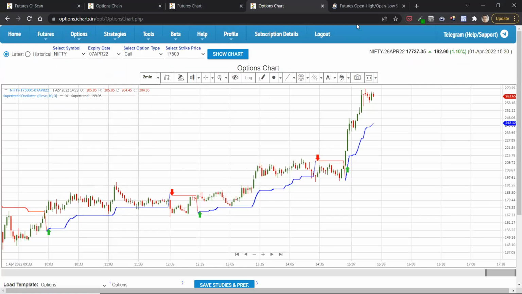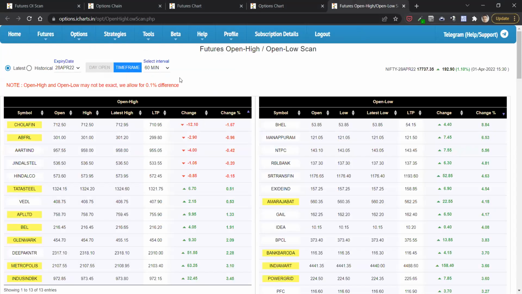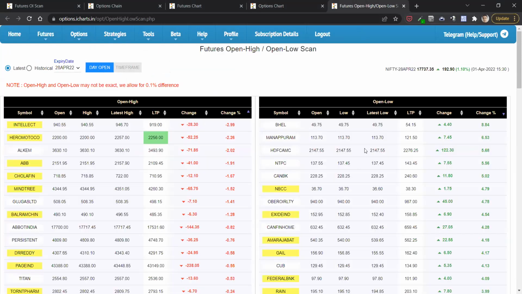I'll start with the futures once and day open here. Okay, we have two options here in futures: open high, open low, day open, and time frame. Day open is what